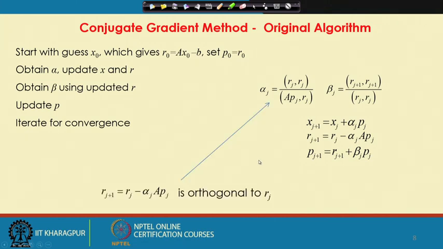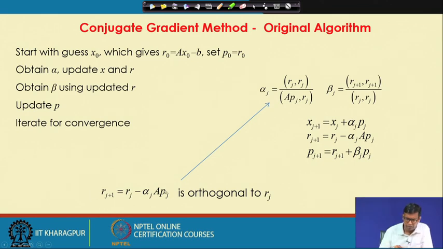Rather, we will start with a matrix which has the form M inverse A, and we will assume that through some method we are getting the M inverse A form. How, we will discuss later, and then we will apply the conjugate gradient method over that M inverse A matrix. However, we will keep in mind that our original Krylov subspace is based on r0, A r0, A square r0, etc. So, while calculating r, we use the property that r j plus 1, which is r j minus alpha j A p j, is orthogonal to r j.